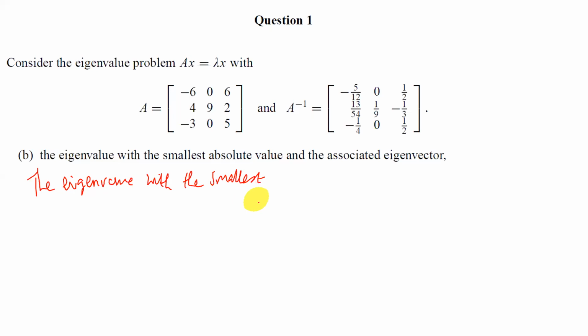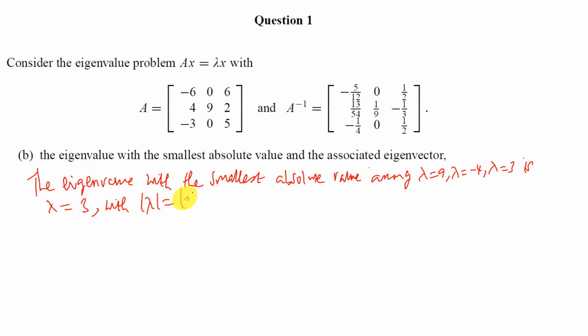The eigenvalue with the smallest absolute value, among the given ones, among lambda 9, 4, and 3, is lambda equals 3. 3 is the smallest absolute value, with the modulus equals 3. And the associated eigenvector,